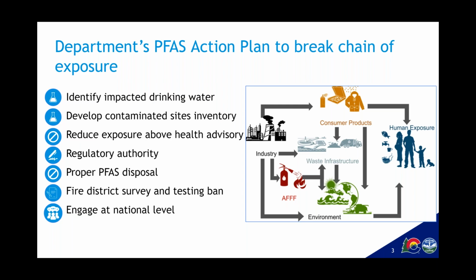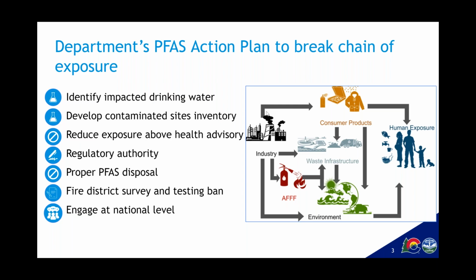Our state's PFAS action plan is really about breaking the chain of exposure. On the right is the graphic showing that PFAS ends up in the products that we use, and those products end up going to landfills and water treatment plants, ultimately getting passed along to the environment, and where PFAS is used in firefighting foams. From there we see it enter our waterways, drinking water, and some of the food we eat. So our PFAS action plan is trying to eliminate or minimize those exposures